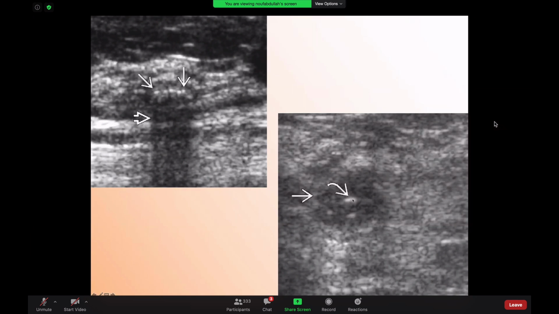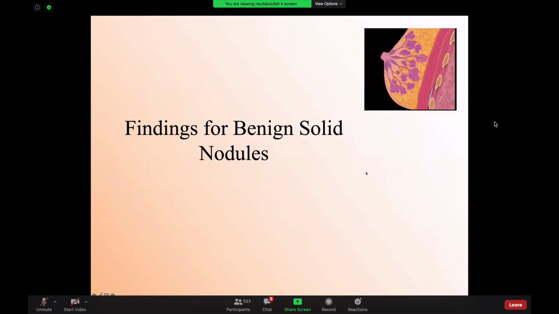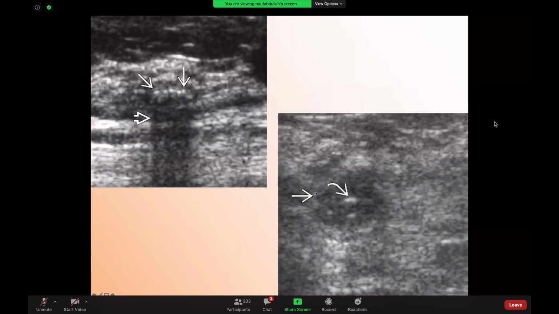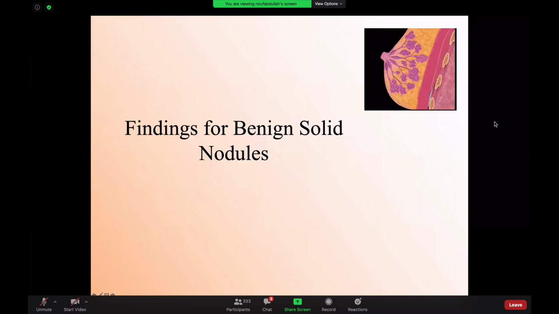If I look at this lesion separately, you see that it has a slightly indistinct margin. It has a little bit of microlobulation. It has internal calcification. I don't see any capsule around it. So by all means, looking at this mass, this is BI-RADS 4 because it has calcification, it has a microlobulated margin, and there is no thin capsule, so this is suspicious to me.